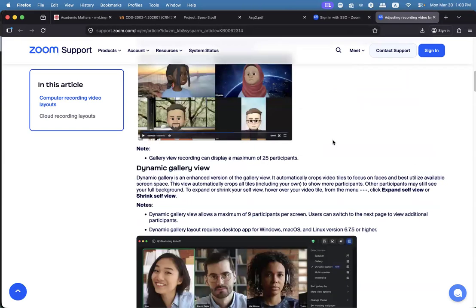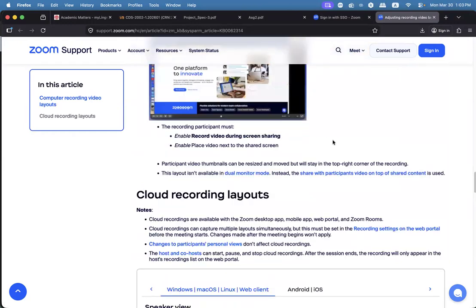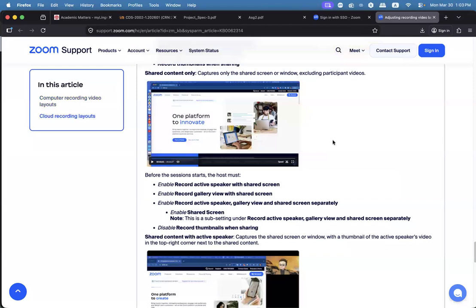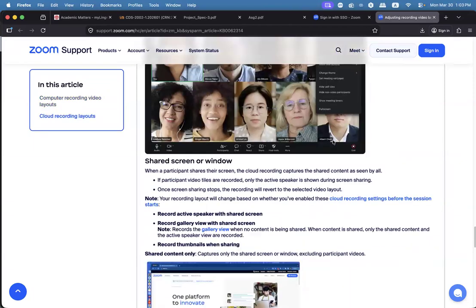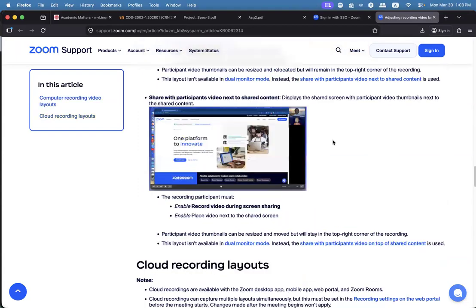In this Zoom support link, you can see many detailed instructions on how to record with your face, and if you have a PowerPoint to share as well.